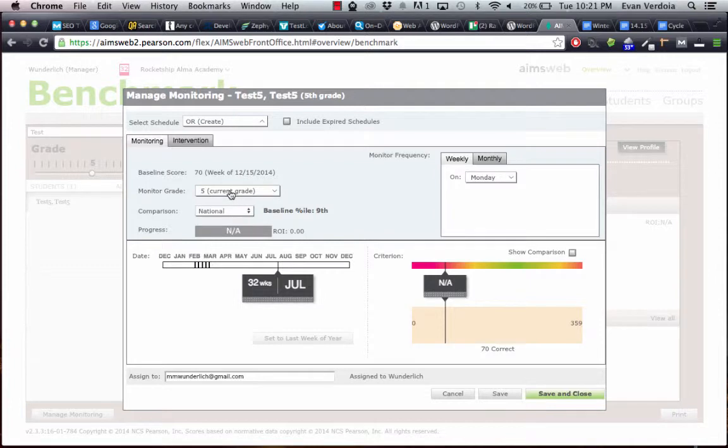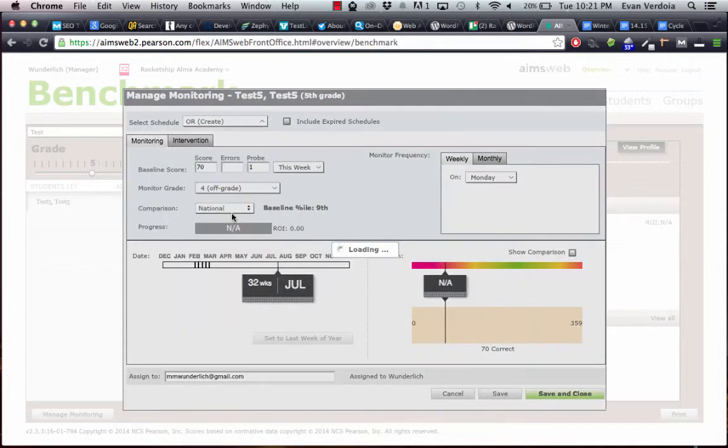I'm going to go ahead and change the monitor grade to 4th grade because we know that the student's being monitored off grade level. And you'll notice that the box for baseline score pops up here and allows me to change the student's baseline score. This is where you'll input their SLA data. So this student read 80 words per minute on the 4th grade benchmark, and this data was gathered this week. You'll notice the percentile changes, so it changed to the 22nd percentile,